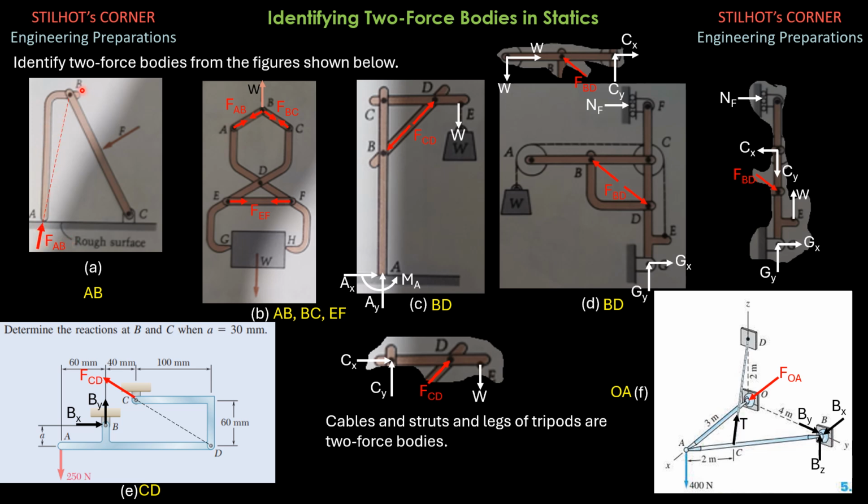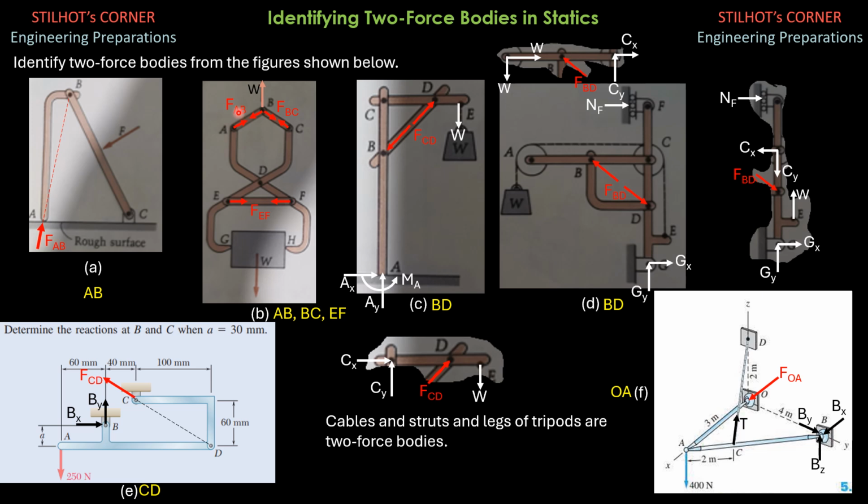shown. If you want to draw the free body diagram of the entire system, then that's the force on AB, and of course this dimension is known, that dimension is also known. We also have Cx and Cy at C. So if you sum up moment about C, you can solve for FAB, the only unknown.